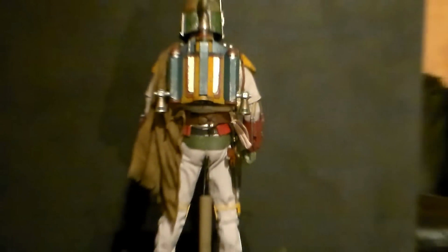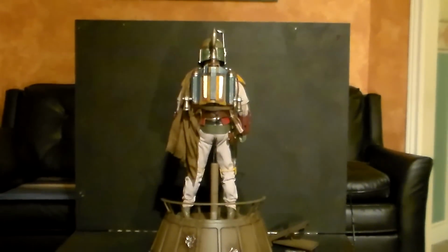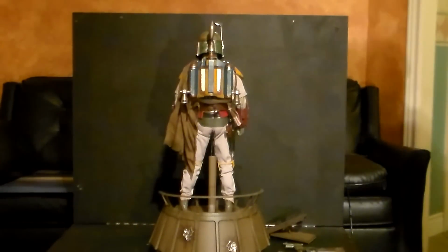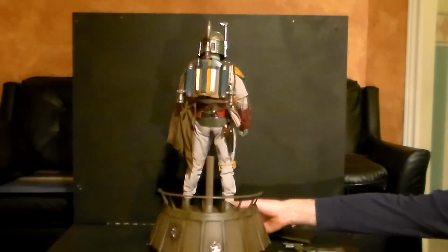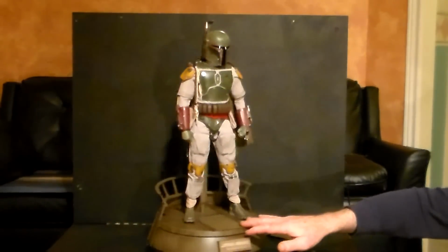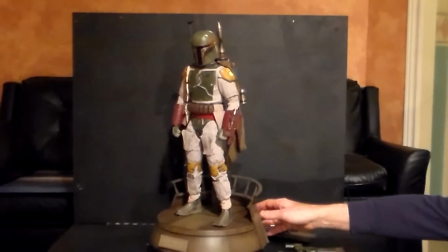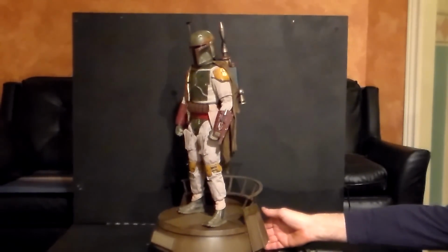I'm just loving it. I am a Batman guy, and that will never change. But, okay, let me zoom out for the next thing I need to do. He wanted to know how tall it is, and probably some other guys out there want to know how tall it is too. I know it's a popular question when we're dealing with quarter scale figures. Man, it's badass. It's not motorized, we'll just do one of these little...